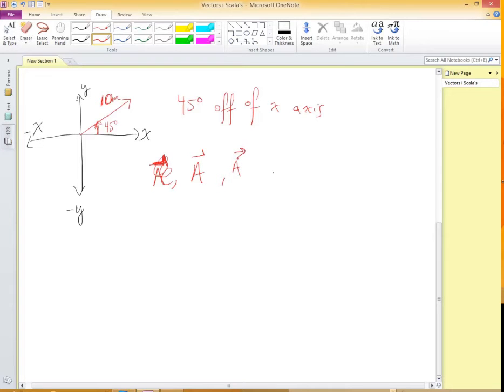It could be a few other different ways, but those are probably the ways you see it. That just means vector. So whenever you see that from now on, it just means a vector. It's the way of writing it. Okay, so in this case, A, I could say, is 10 meters